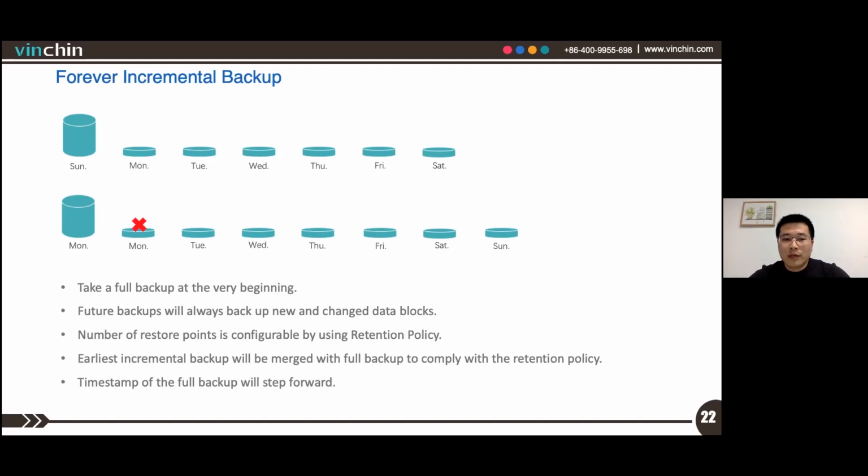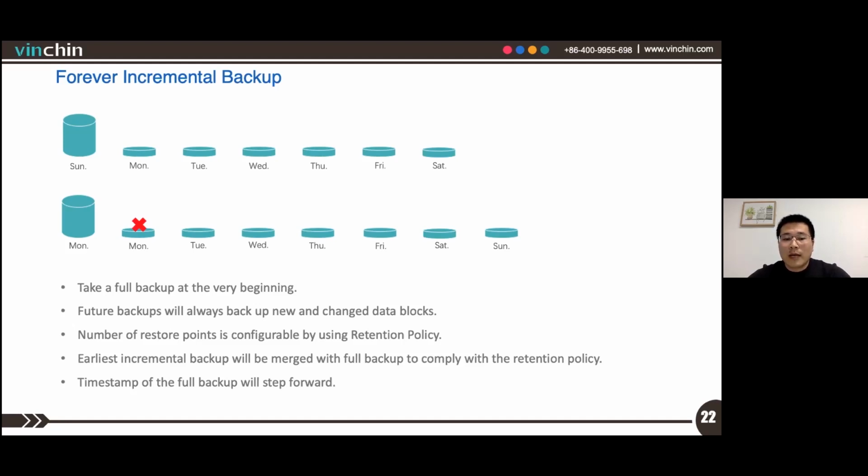And to prevent generating a non-backup chain, which could be risky, the number of restore points is configurable by using the retention policy. When the retention policy is triggered, a merge of the restore points will be performed. Like shown in the example above, if you would like to keep 7 restore points, when the 8th restore point is generated, the first incremental restore point will be merged with the full backup, and the timestamp of the full backup will step forward.